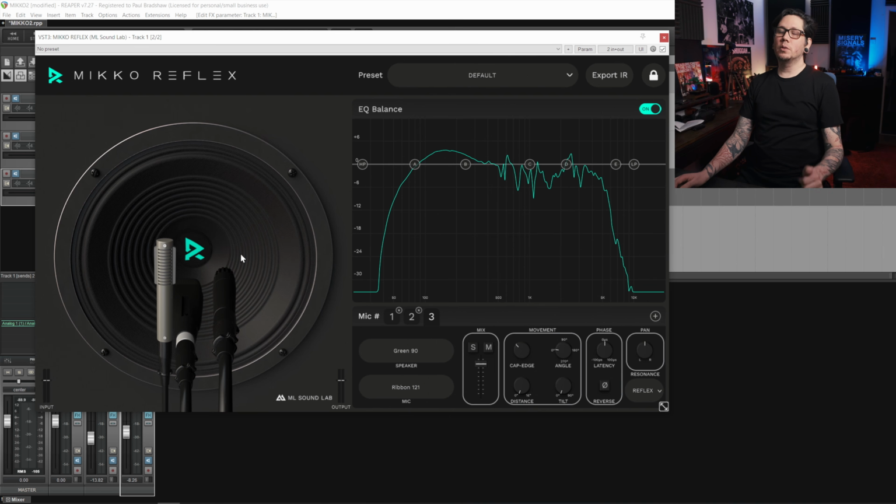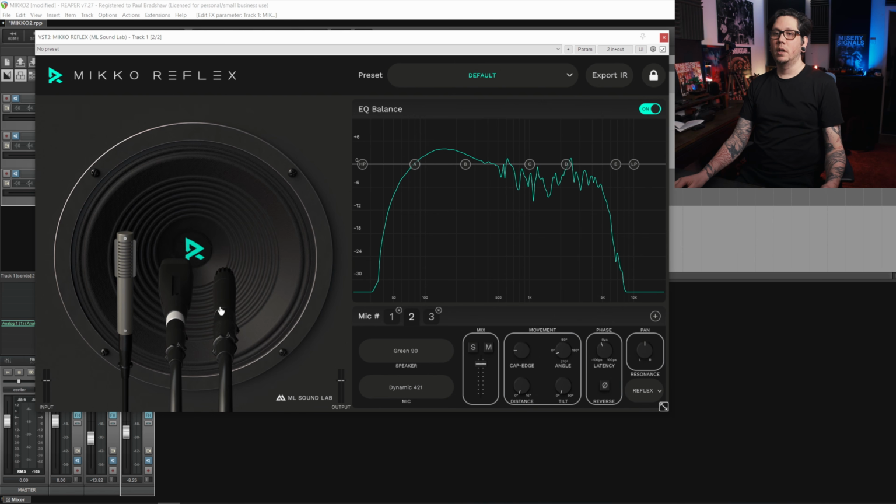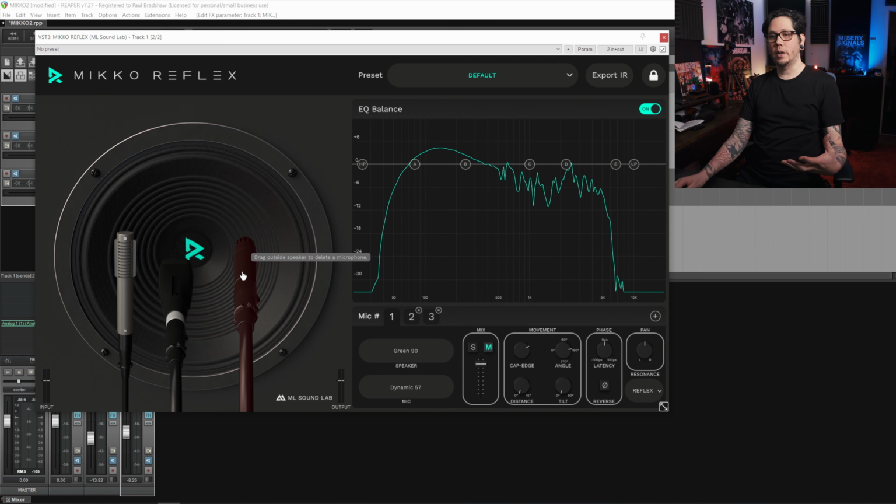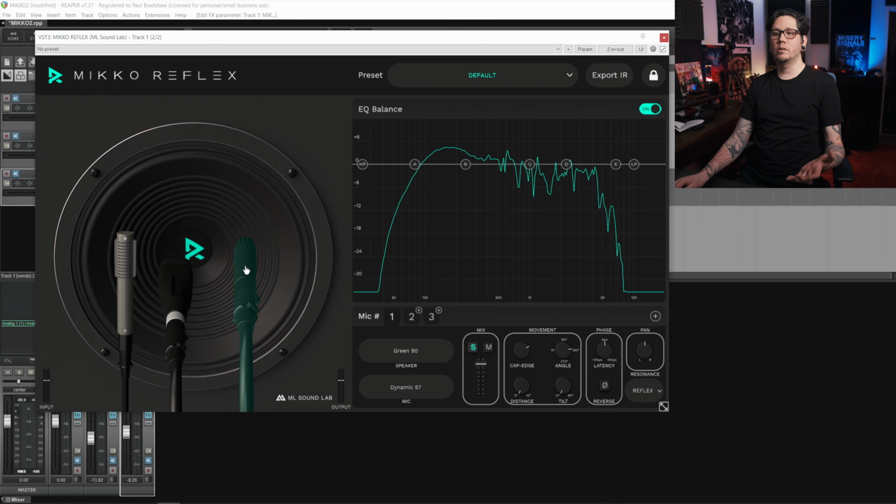Now, these shortcuts also extend to the different mics. So when you're moving them around, you can, for example, solo the mic that is active by double clicking on it, or you can mute by just right clicking on the actual mic. And this can be quite handy when, for example, you've got multiple mics to set up, or you're unsure what that one mic is doing or how it sounds. You can double click it to get a quick solo of just that one